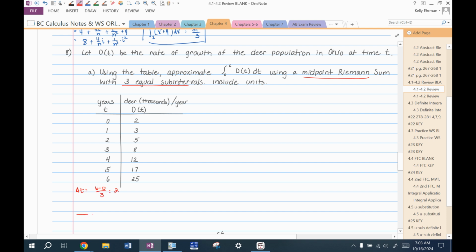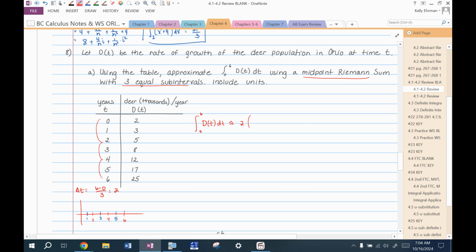Sometimes people get confused by this when it's a table. If you're marking off every 2, that's just going to be 2, 4, 6, right? So 0 to 2, 2 to 4, 4 to 6. The midpoint, though, that you're going to use is 1, 3, and 5. So sometimes it helps to put it on your axis like this. All right, so the integral from 0 to 6 of d of t dt is about equal to, so the delta t is 2,